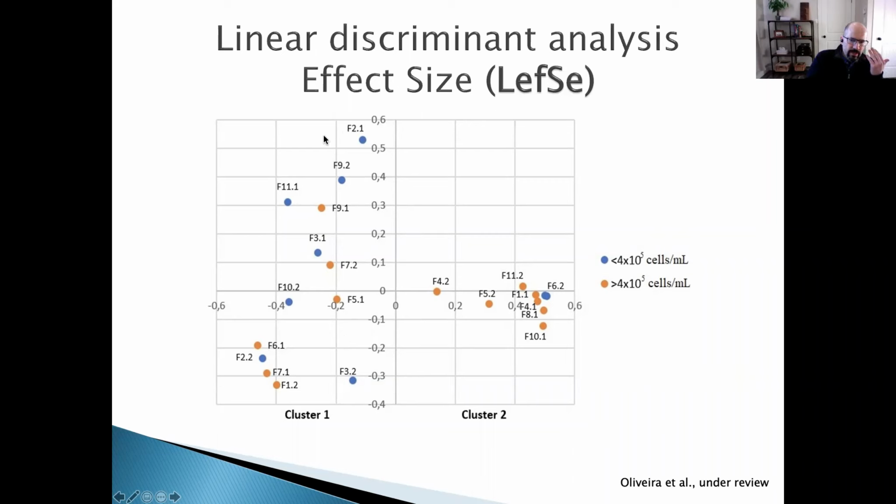The computer told me you have cluster one comprised by those samples, and you have cluster two comprised by those samples here. And you can see that in cluster two, and this is separated by the number of somatic cells in the milk, okay? So if you have higher somatic cell count, meaning that he has kind of a subclinical infection there in